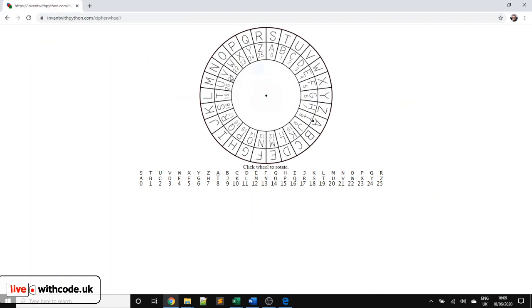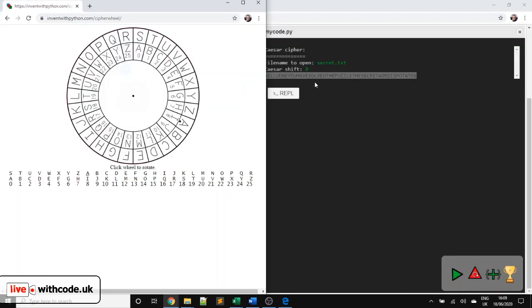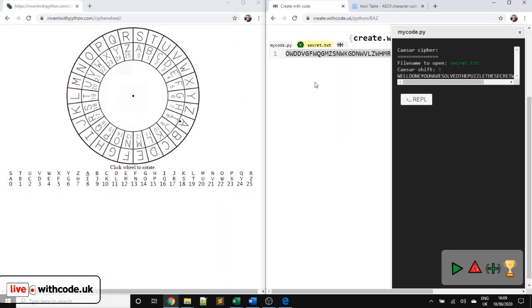They date back to Roman times before computers. Nowadays they're far too easy to solve. But the idea is if we have a Caesar cipher that we want to solve, we take each character in turn, so we'll take the O here, and we've got two rings on a Caesar cipher. We look up the character on the outer ring, so we find an O, and we read off the character on the inner ring. So O here is going to become W, and then we repeat that algorithm, those step-by-step